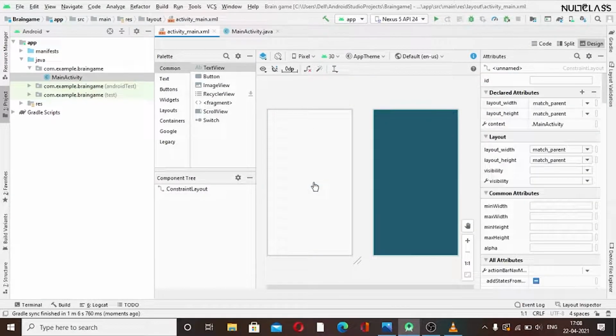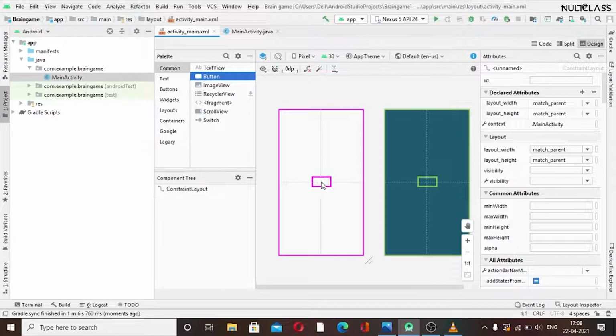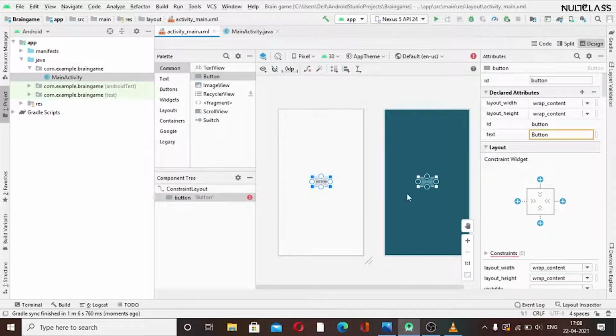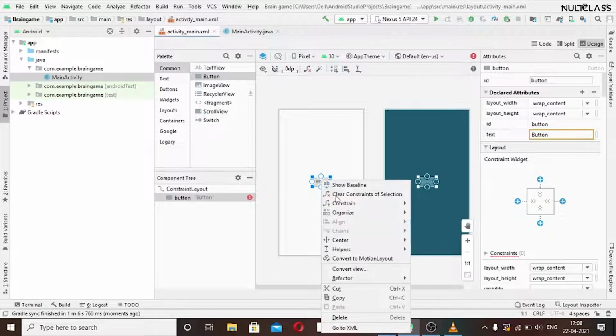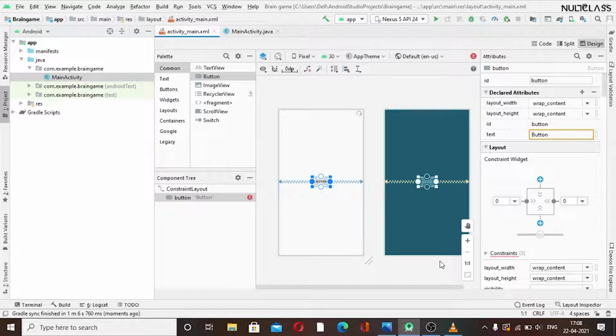Firstly I will remove this default hello world text. As I said, we need to add a big button at the center, which we will call go button. I will first set its constraint. So this time we will be working more on our constraints, as we have to set the visuals. We have to be precise, like we have to set the correct locations, helpers and center. So we will center it exactly.